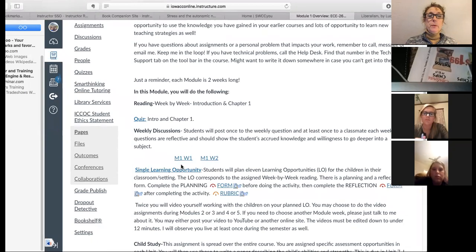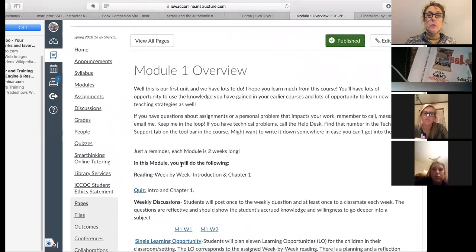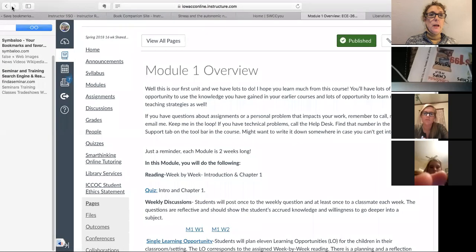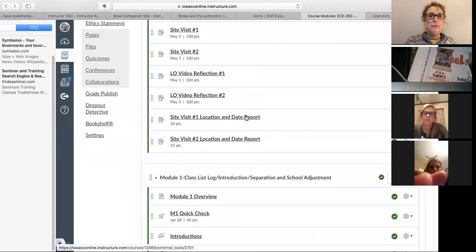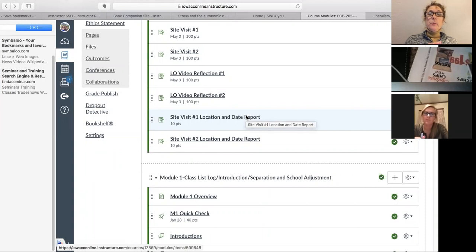The topic should be based on what we're studying in the week by week book. So for example, this week there's an introduction, and a chapter on school separation and school adjustment. So your activity should address separation and school adjustment. Does that make sense? So you're going to plan the activity, then you're going to do it with the children,